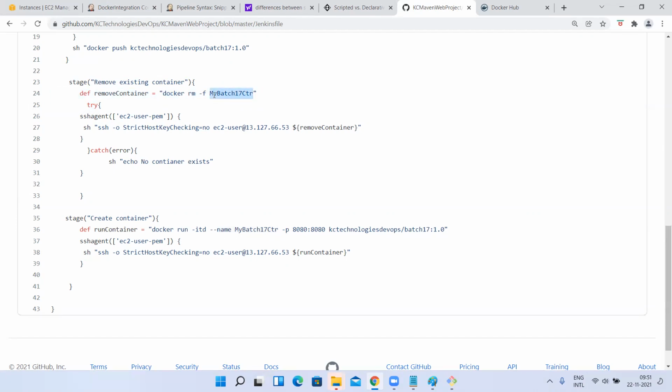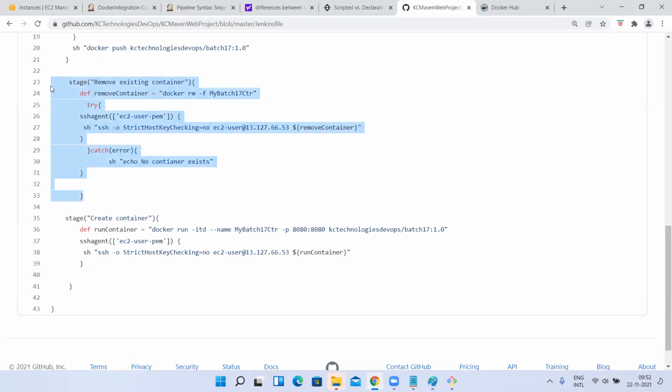So the same container it will remove, and with the same name it will create a new container. So the third time if we trigger the job, before creating the container, the name is fixed, right? It will remove the container and create the next container with the same name. The fourth time the job triggers, it will remove the same container with the same name and create a container again. So the name is fixed here. Understood? You got the benefit of doing this, guys?